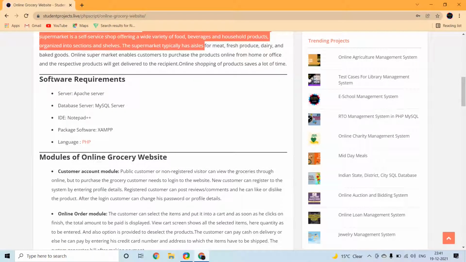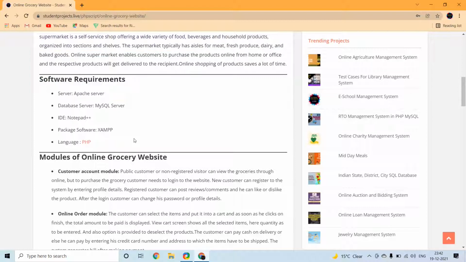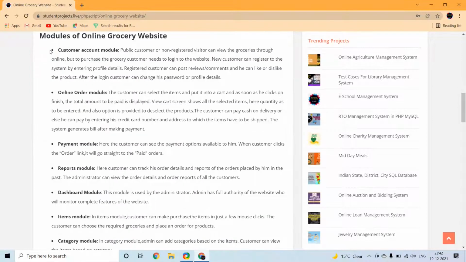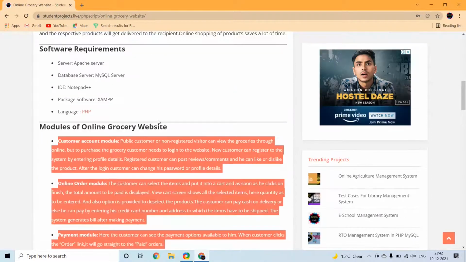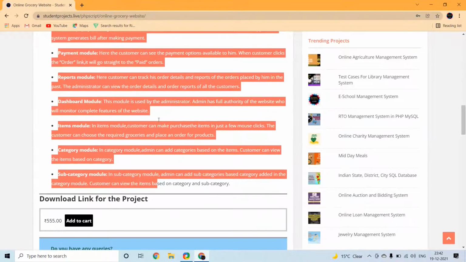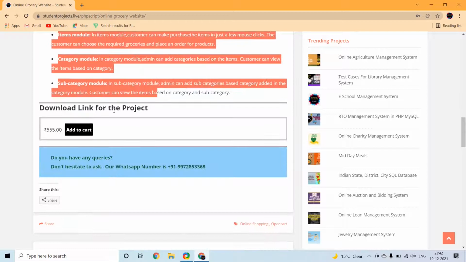Now you can see some information about the project, software requirements, modules of the project and download link. By using this download link, you can download this project.